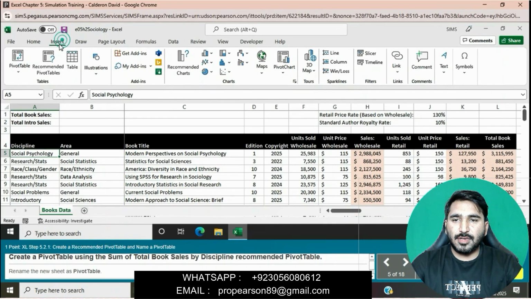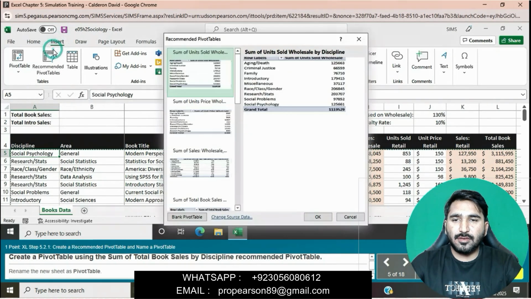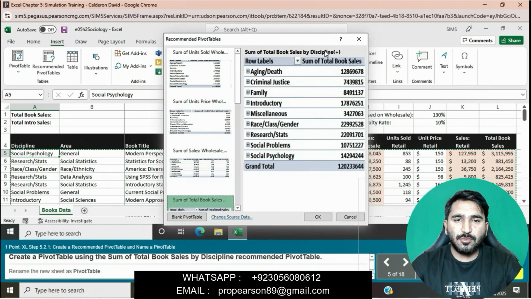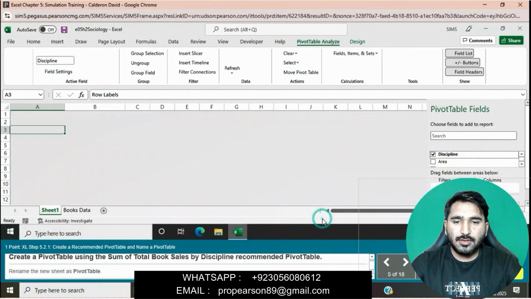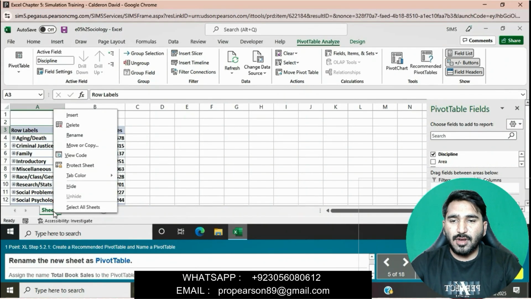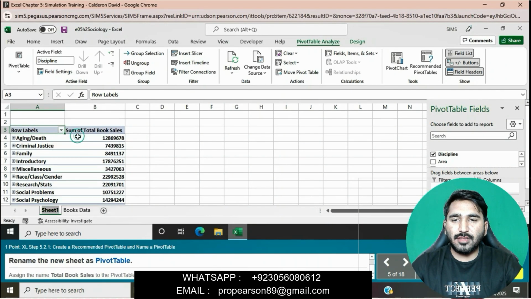Simply click on the Insert tab, click on Recommended PivotTables, and here is the sum of total book sales by discipline. Click OK. Rename the new sheet as Pivot Table. Right click on this, click on Rename, and rename the new sheet as Pivot Table.